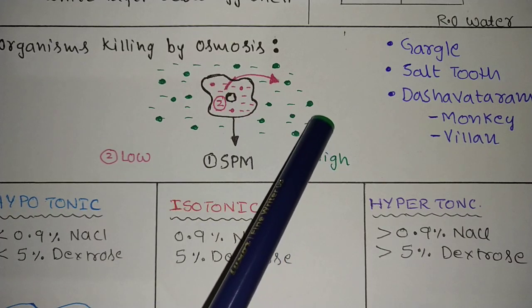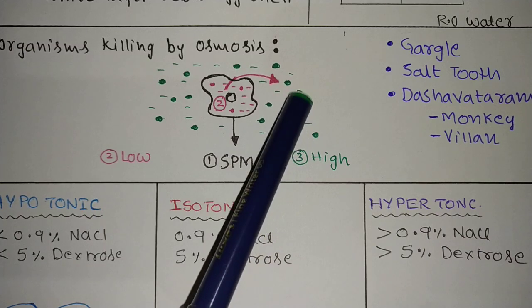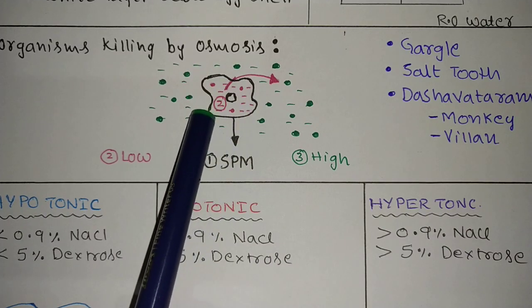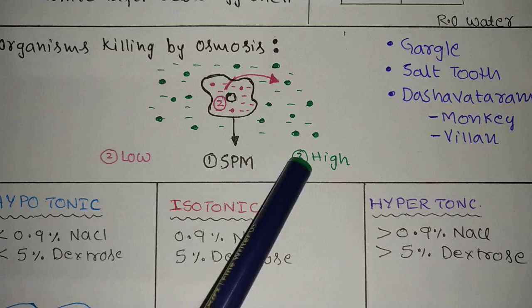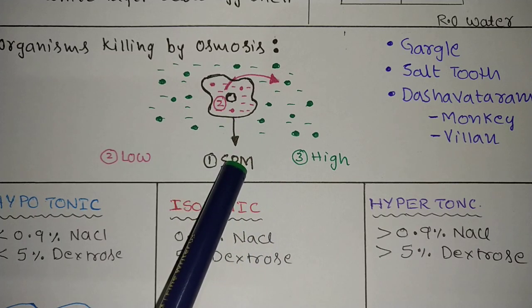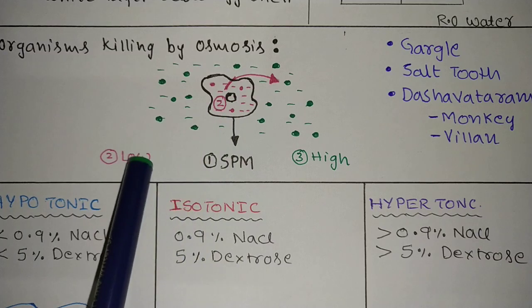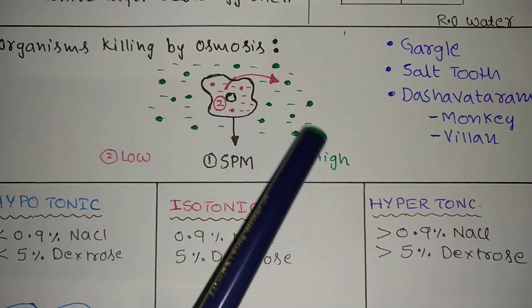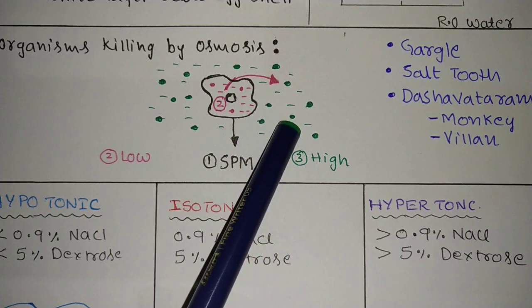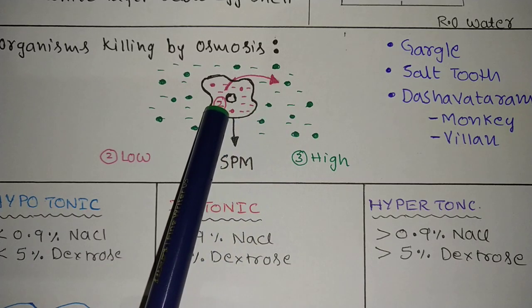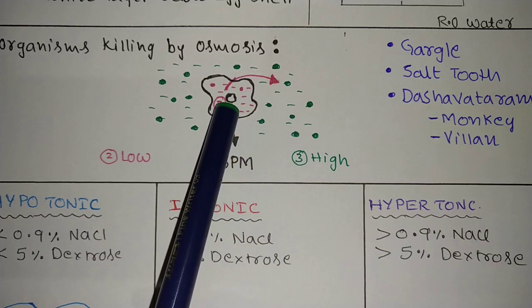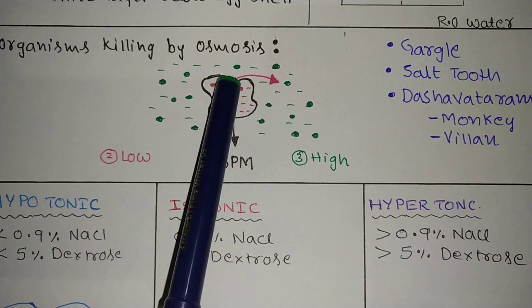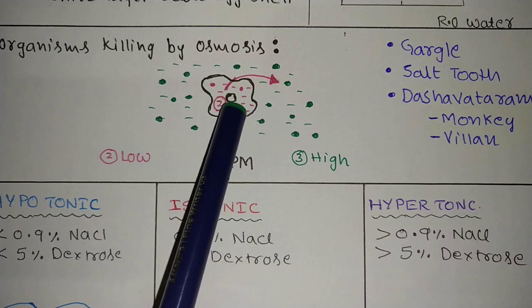If you put a high concentrated salt solution outside the microorganism, what happens? I already told that this membrane acts as an SPM. See here, the three things are present here. One is the semi-permeable membrane, another is the low concentrated solution inside, just like plasma or whatever it may be, and high concentrated NaCl we have placed outside the microorganism. So what happened here? Movement of solvent from the low concentration to high concentration. When there is a movement of water from the organism to outside, this organism will shrink,